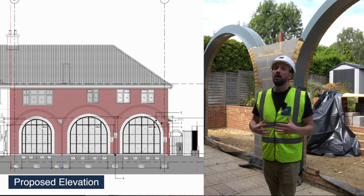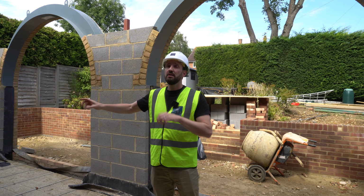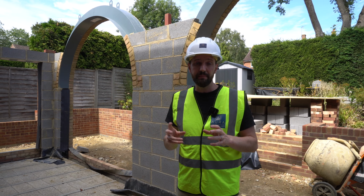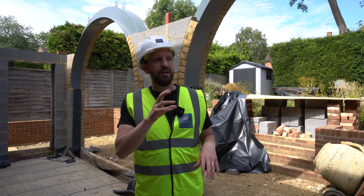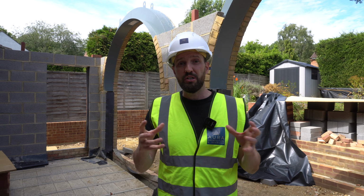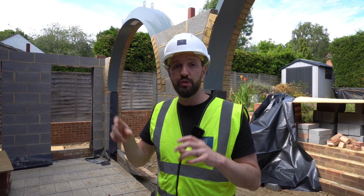Going to let loads of light in through those doors, but also in these 2 big arches, we've got central roof lights at the peak, and those roofs will be clad in a zinc metal cladding. What we're waiting for at the moment, because there's no activity on site at the moment, the contractor is waiting for the glulam beams to form those arches. Now glulam is a specialist timber. It's like a cross-laminated timber, really strong, really flexible, and is going to allow us to create those arched roof